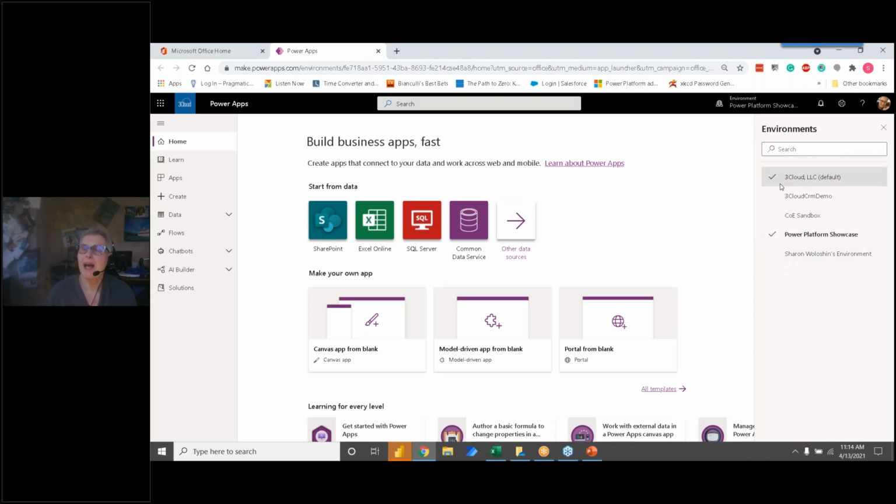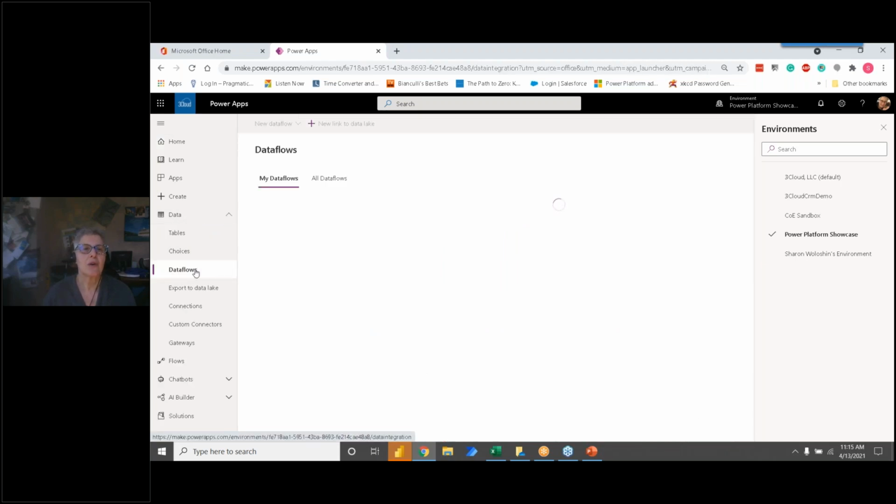Different environments will have different restrictions on them. So that's usually how I figure out I'm in the wrong environment, is the one that I'm using has got some restriction that I don't expect to see there. And then in the data tab in this menu, there is a selection called data flows. When it comes up, these are the two data flows that we're going to work with, and I've already created them. So all I need to do is double click.